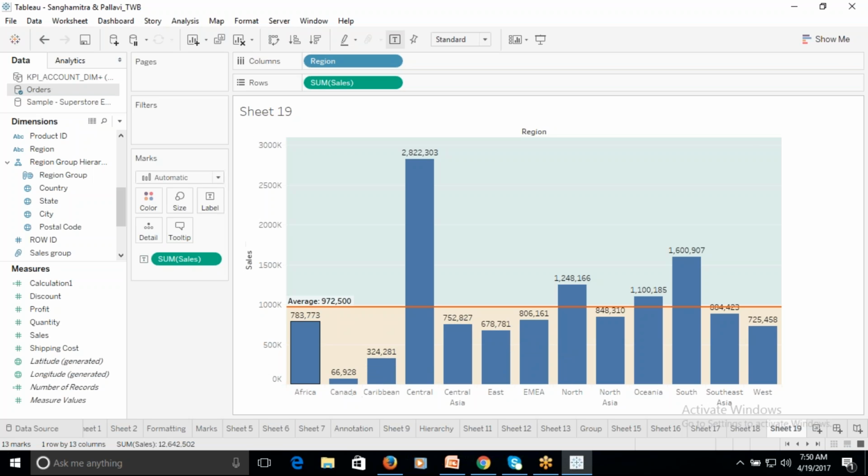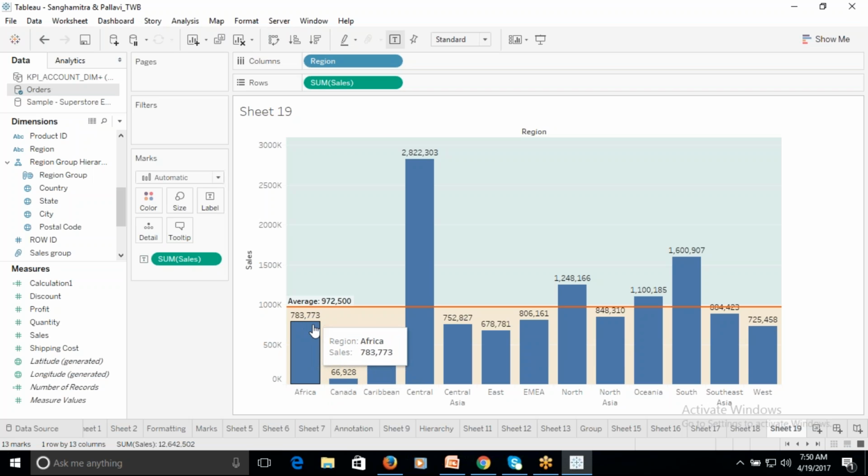You want a line? No, actually you are displaying total, right? Total average. So like that, for each and every country I have to show average. I wanted to show that. Means you don't want this average line. No, she is telling average per pane. Like suppose Africa, all the